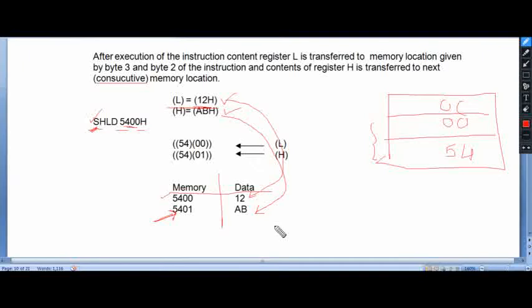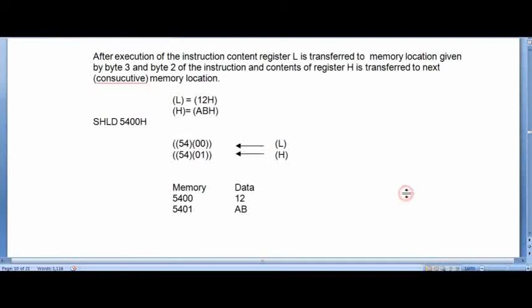We know the memory is represented with the help of 4 hexadecimal digits, and data is represented with the help of 2 hexadecimal digits. In any memory location, we can accommodate a 2 hexadecimal digit number. Any general purpose register can also accommodate a 2 hexadecimal digit number. But if we use registers in pair, they can accommodate a 4 hexadecimal digit number.